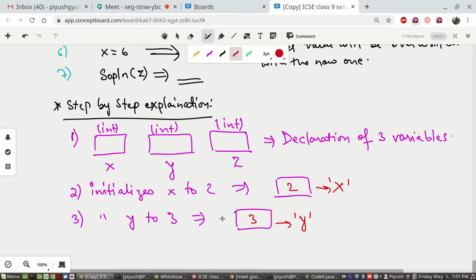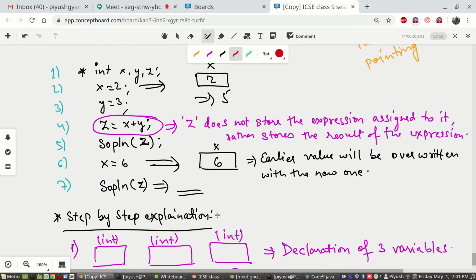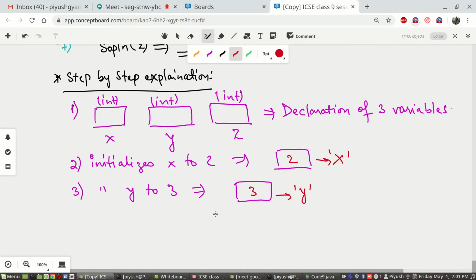The fourth statement is z is equal to x plus y. This is the last discussion for today.